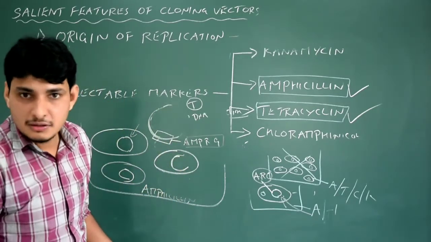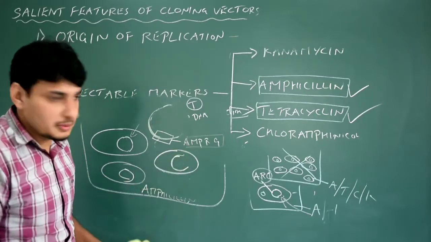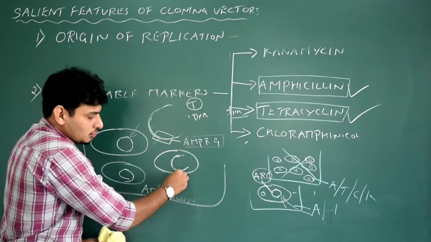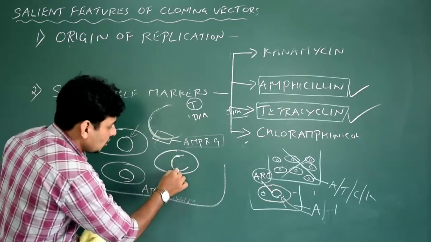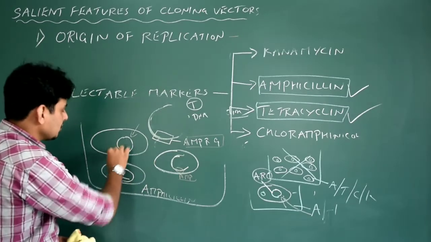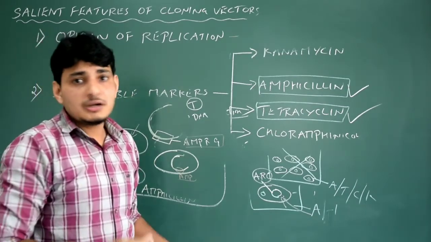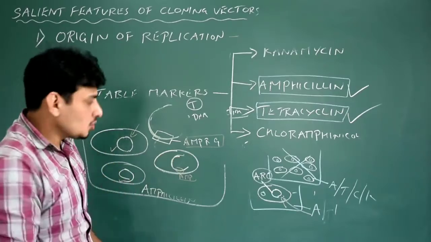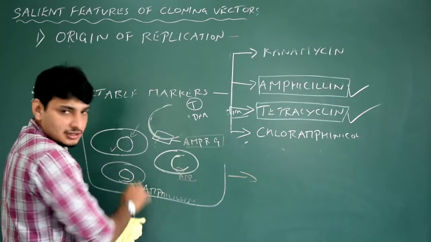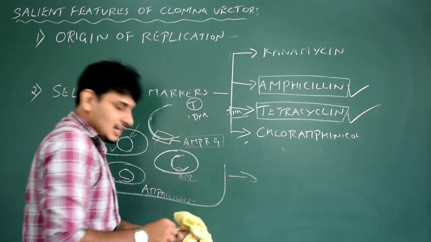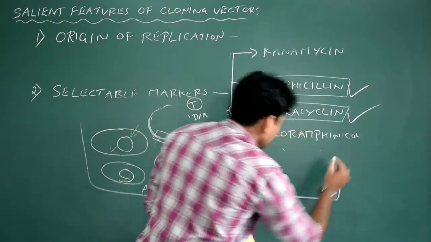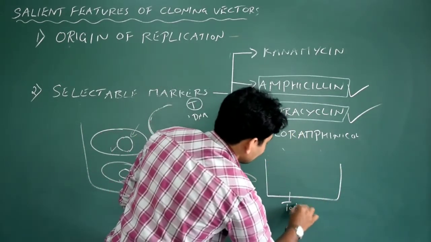How do I know that? I don't know, because it is microscopic. What I do is, first I treat everything with ampicillin, and do you think it survives? Yes, it survives, because it has a gene here for ampicillin resistance. This will obviously survive, and this will also survive. So all three will survive. But I want to eliminate this one, so what do I have to do? Simple, I have to transfer all these host organisms, containing both the transformants as well as non-transformants, into another Petri plate that contains tetracycline antibiotic.